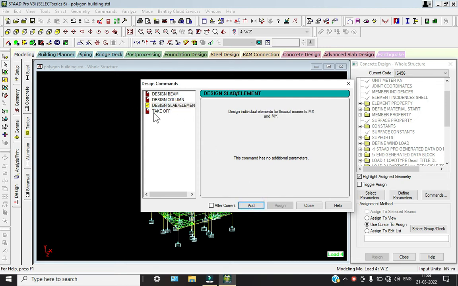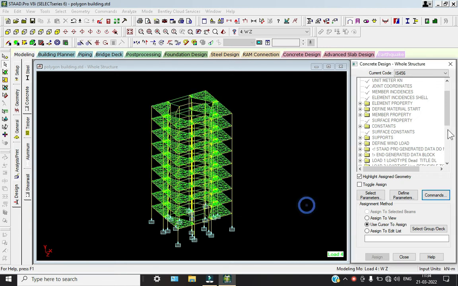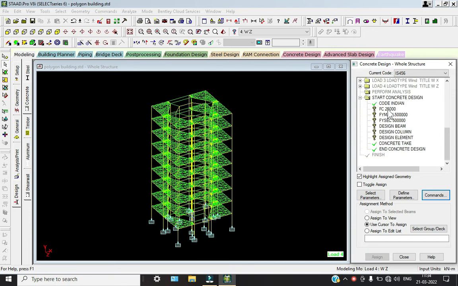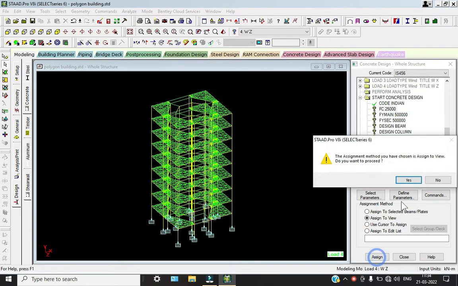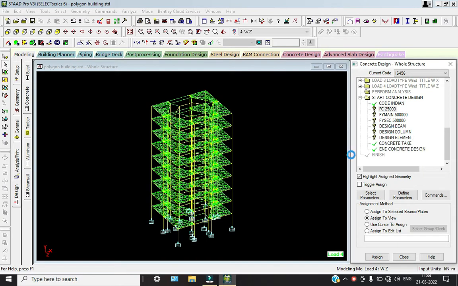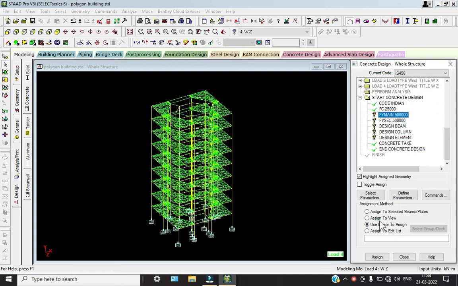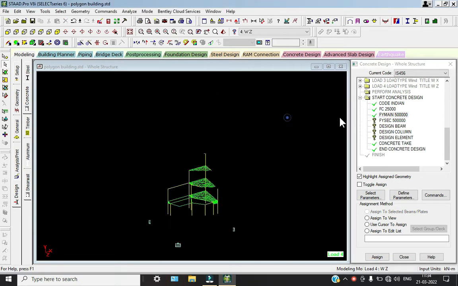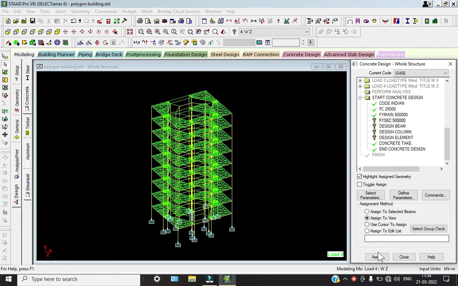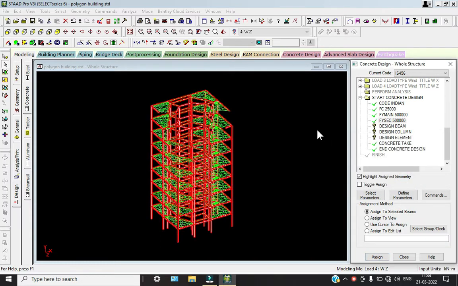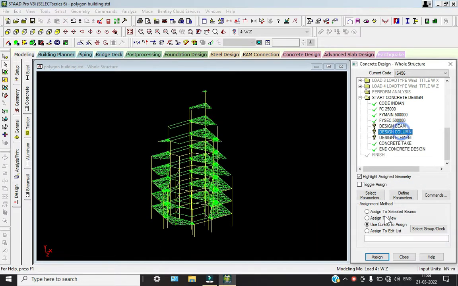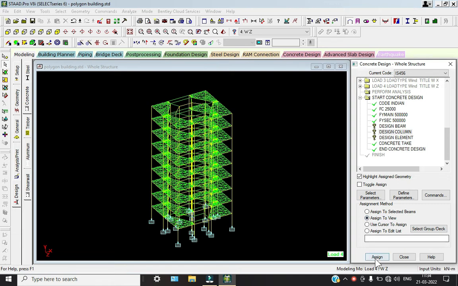Now select this one, assign to view, assign and S. So after that FY main, assign to view, assign and S. So go to FY sectional, assign to view, assign and S. Go to the design column, assign to view, assign and S. No, this should not be assigned to all. Okay, so